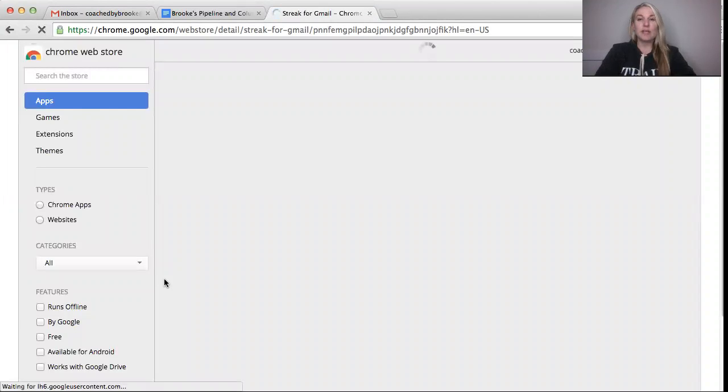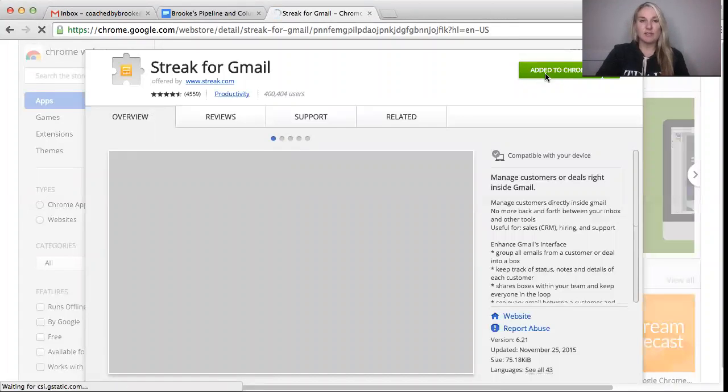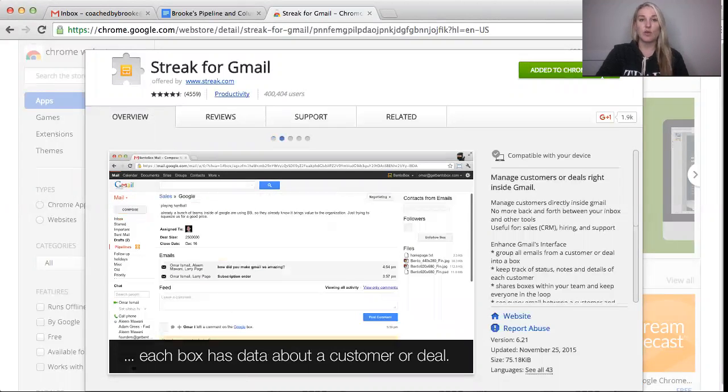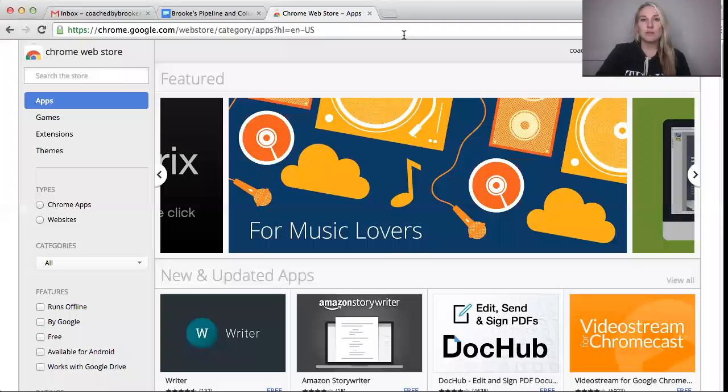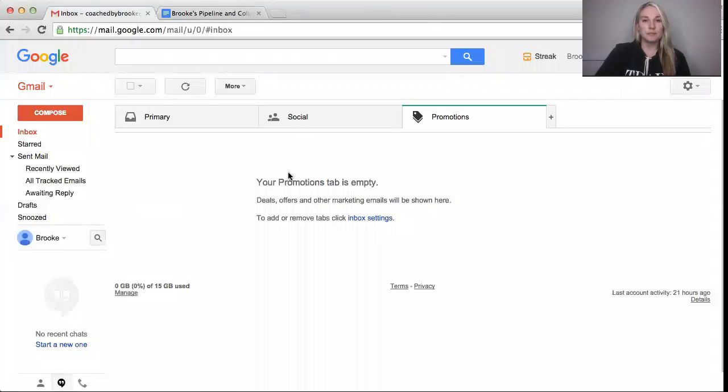Once you're here, because I already have this added, it's not going to let me do it, but you'll have a little button that says Add to Chrome. And then open up your Gmail and it should automatically start loading into your Chrome. So I'm going to exit out of here. Okay, so once you have opened up your email and you have Streak, you'll see the little button up here,